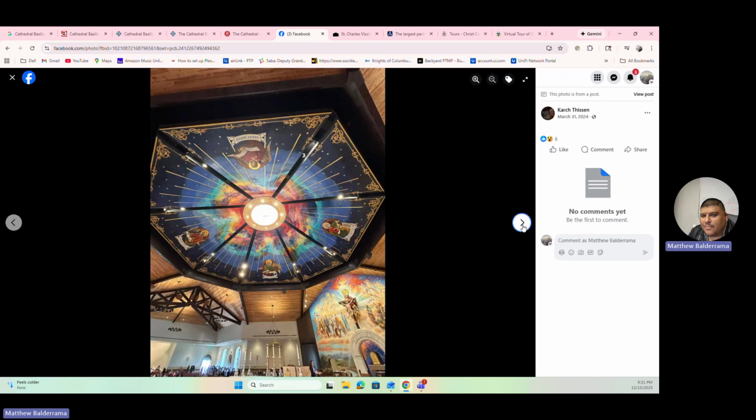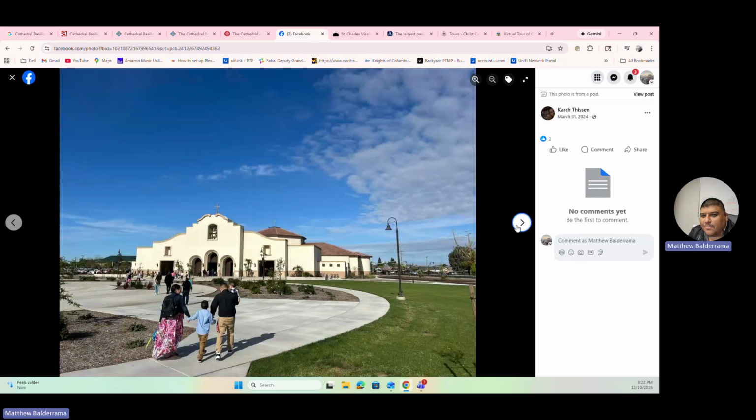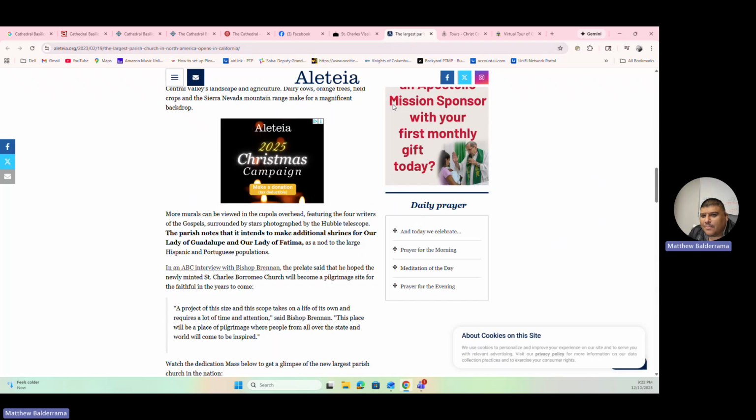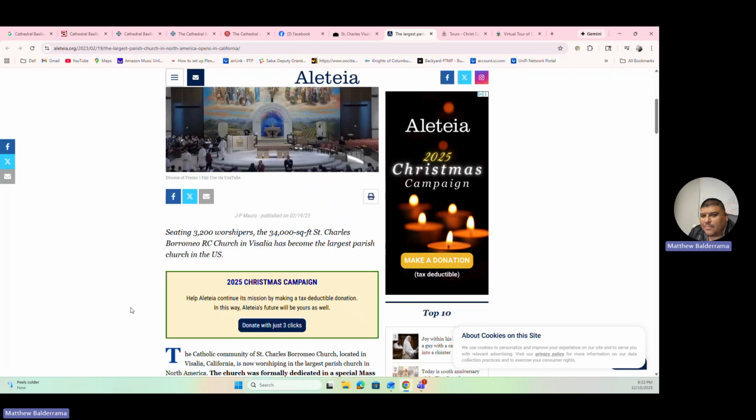I'll link there. They have public pictures, so I appreciate them making them public so I could actually see them a lot better. So you see in the back of the tabernacle, look at the stonework. And these are a bunch of saints pictured on there with the angels, with the crucifix, and then again the altar straight in the middle. So you see again the modern touches, but still staying consistent with what we have.